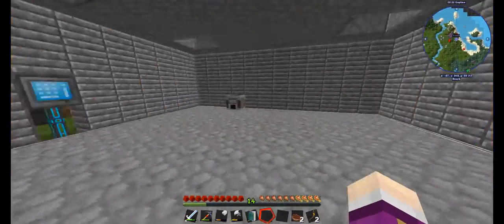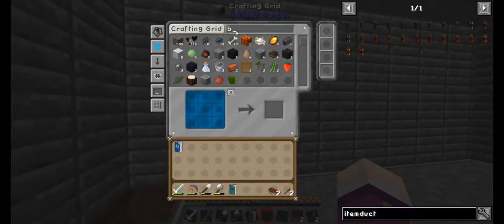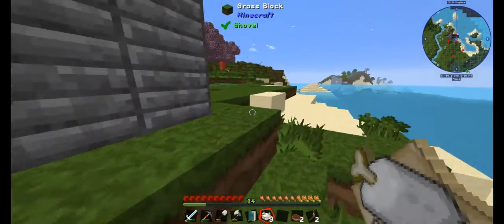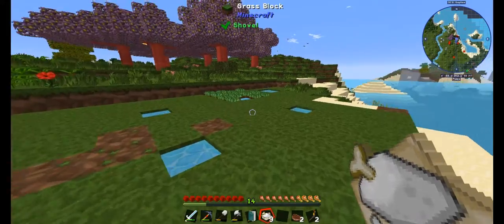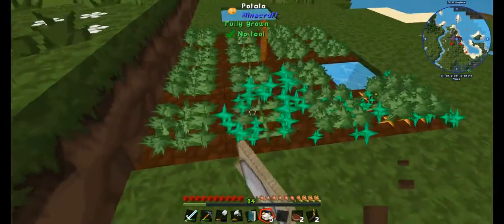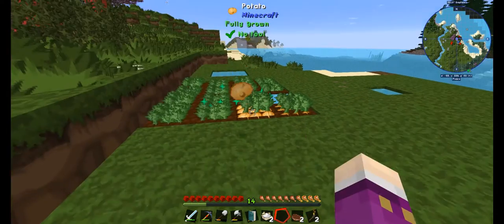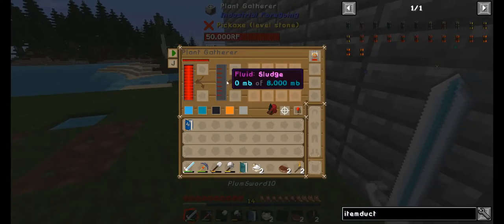So just to test that theory, what I'm going to do is... Do I have any bones? Yeah, I have some bone meal, which is good. So let me go and get my bone meal real quick. And I'm going to go and bone meal some of these guys. So let's pretend they've all grown. And what should hopefully happen is the plant gatherer should...